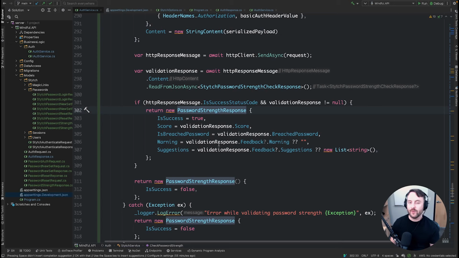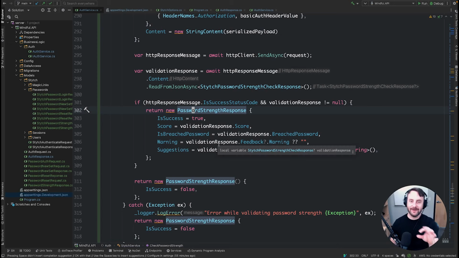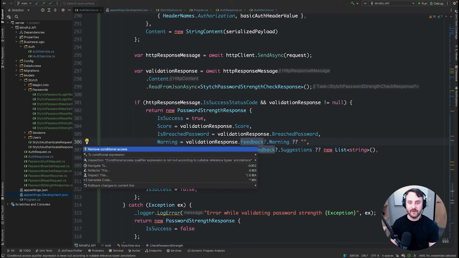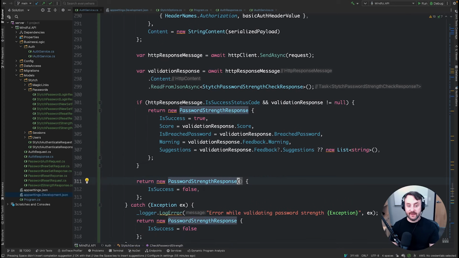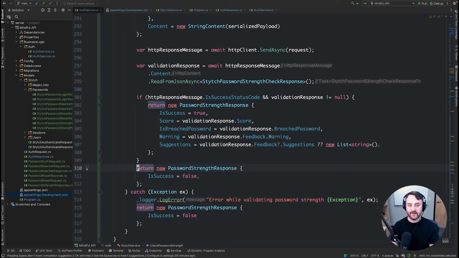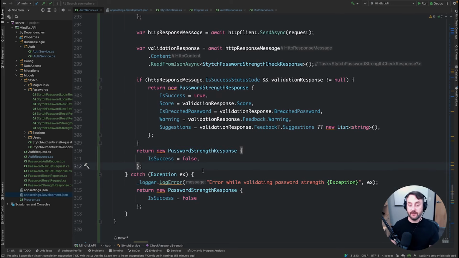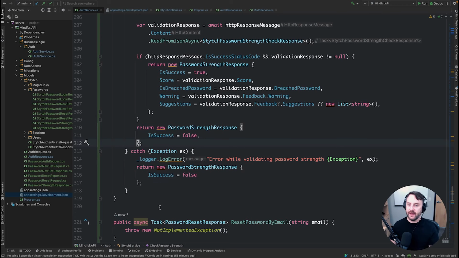With the score, we can use that to control the UI. If we have sort of like a progress bar from 0 strength to fully strong password, we can determine whether or not that's been a breached password and provide any warnings and suggestions on the response itself here. So clean that up a little bit. Otherwise, in the event that that was not successful, of course, as we have on the other endpoints, we'll return a response with is success set to false and catch and